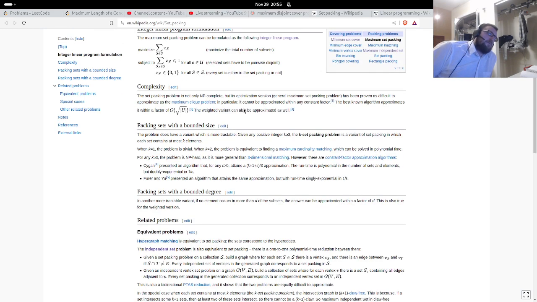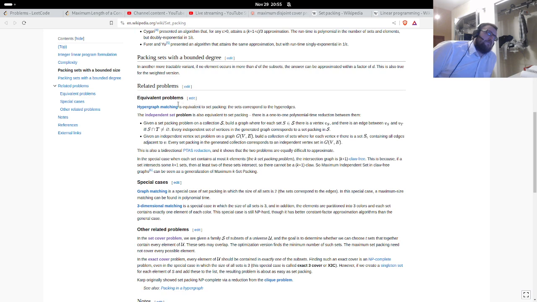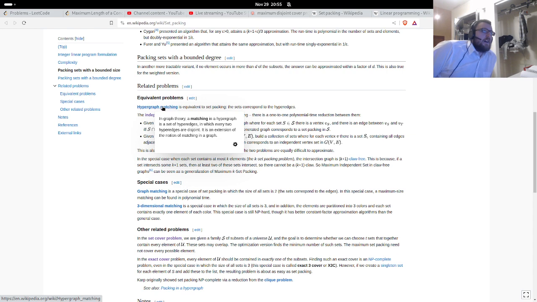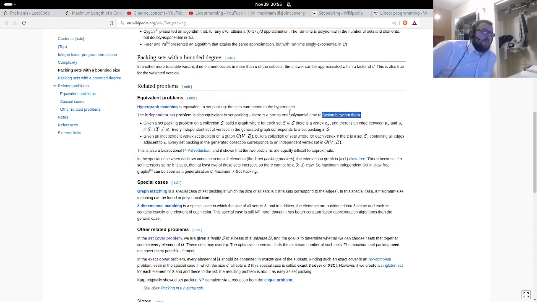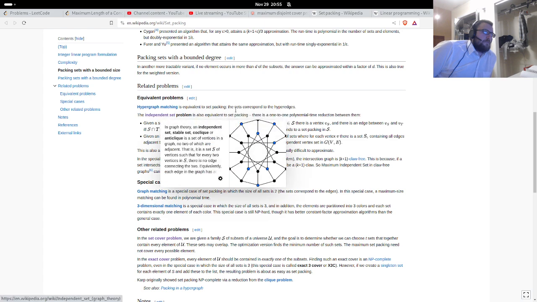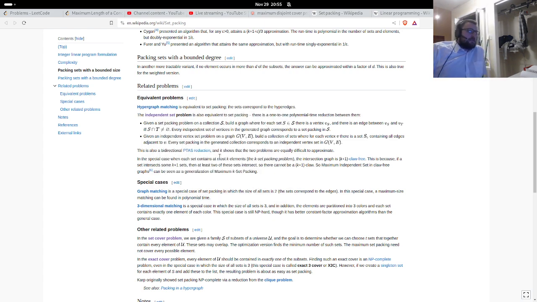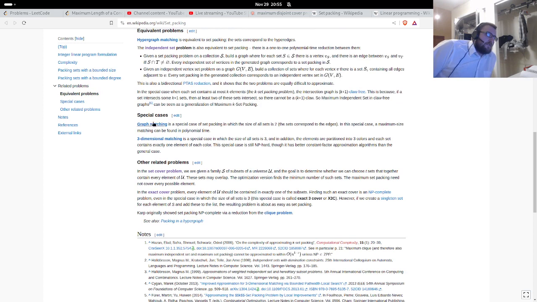I'm looking for hypergraph matching. One-to-one polynomial time reduction between them, independent set problem. It's not the independent set that I'm looking for. It's not quite that. It's a little bit different.